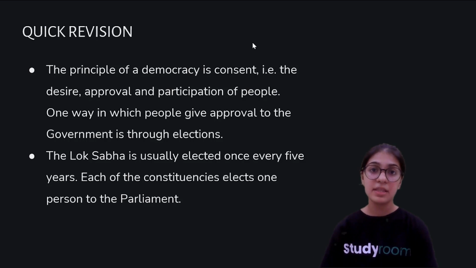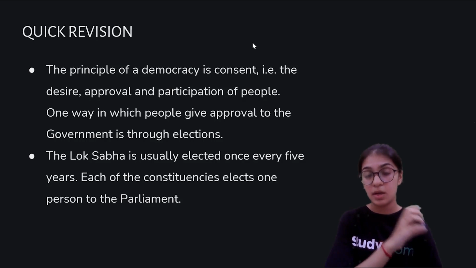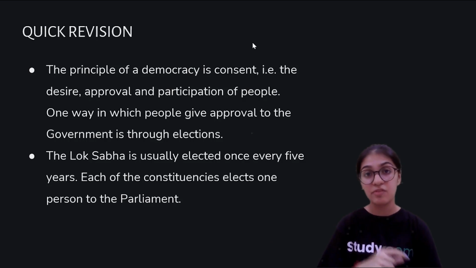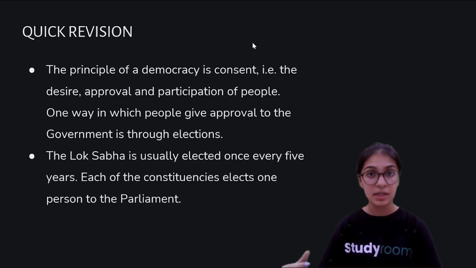What we mean by this is that when people come in consent, they form the government. They vote for their favorite candidate and choose their elected representative. In this way of voting, they are showing approval to the government, and in case they don't vote, as we studied in the previous slide, there was a year when only 55% of the people participated in the voting process.